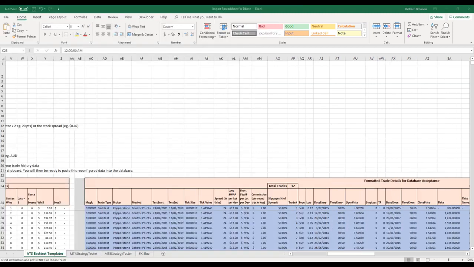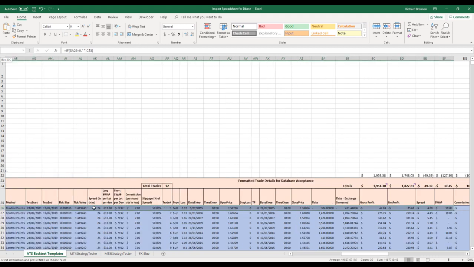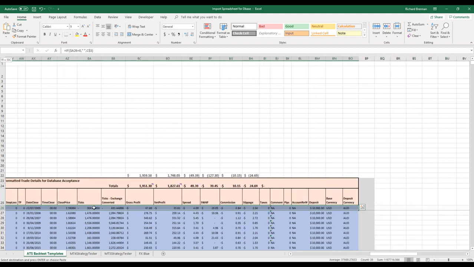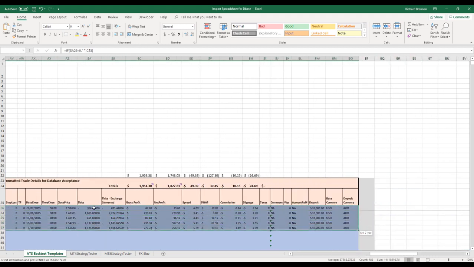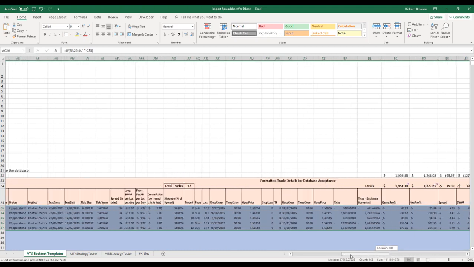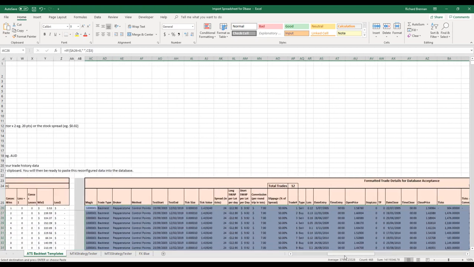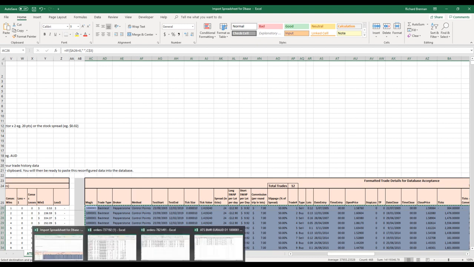So we then navigate to the blue region of the spreadsheet and highlight all the reformatted trade records commencing from cell AC26 and extending across all the trade records, and then we select Ctrl+C on the keyboard to copy this information to memory. We then navigate back to the database strategy list and enter the form view of the relevant